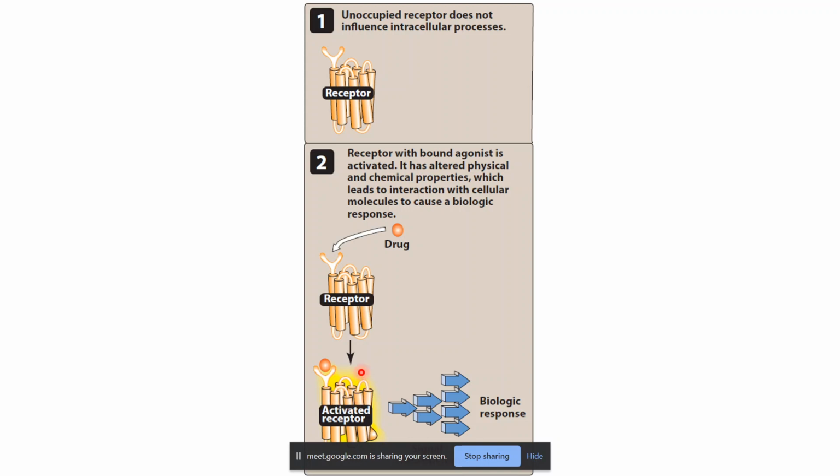So in the active state, the receptor will trigger some intracellular biological response and reactions that will make the cell do something, like, for example, release a substance, or start producing an enzyme, or make muscles contract faster, or any other biological response. So these are the two states in which the receptor can be found, and then